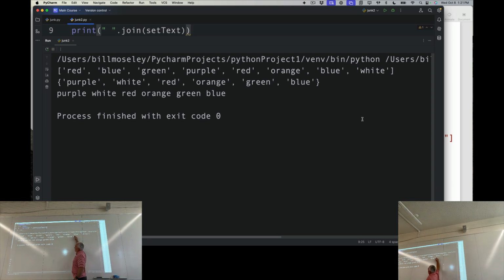Here's the set with no duplicates. And notice a set uses curly braces, but does not have key value pairs. It looks like a dictionary, but without key value pairs. So it's an indexed list, but without duplicates that's in curly braces. So that's how you can recognize a set as opposed to a list. And here we go, purple, white, red, orange, green, blue. Duplicates are gone,